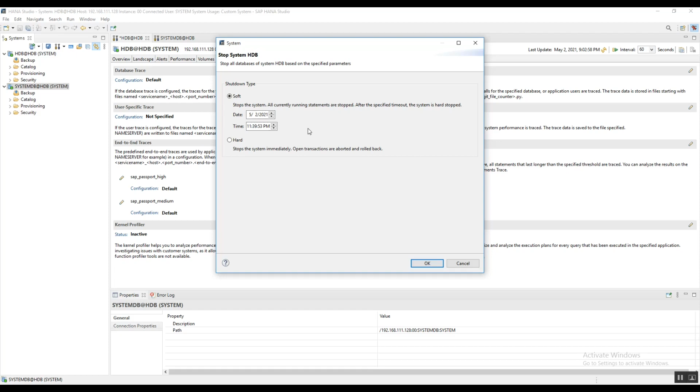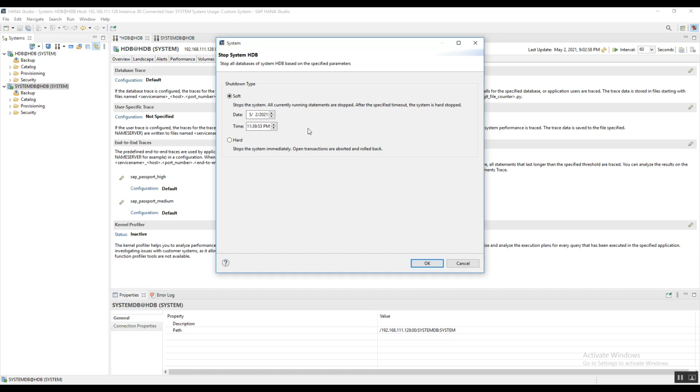In the hard shutdown, the system will not wait for the running transactions to close. It will cancel and roll back those transactions. Second, it won't perform the savepoint.